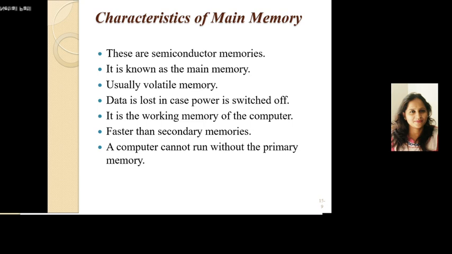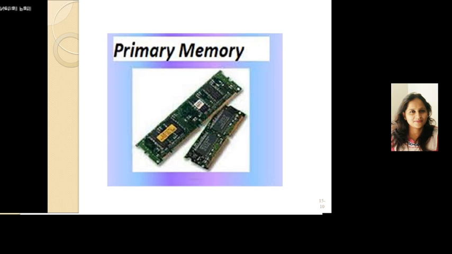The advantages of primary memory are: primary storage is closer to the CPU, integrated onto it, and therefore it is faster. All primary storage is temporary. Primary storage is smaller in capacity. This is the disadvantage of primary memory. Primary storage is usually faster, therefore it is more expensive. See the diagram for primary memory.